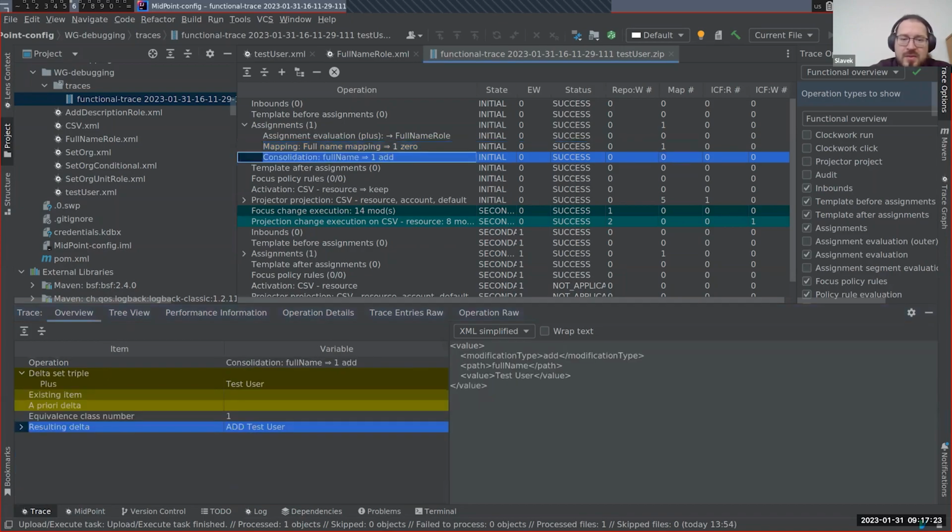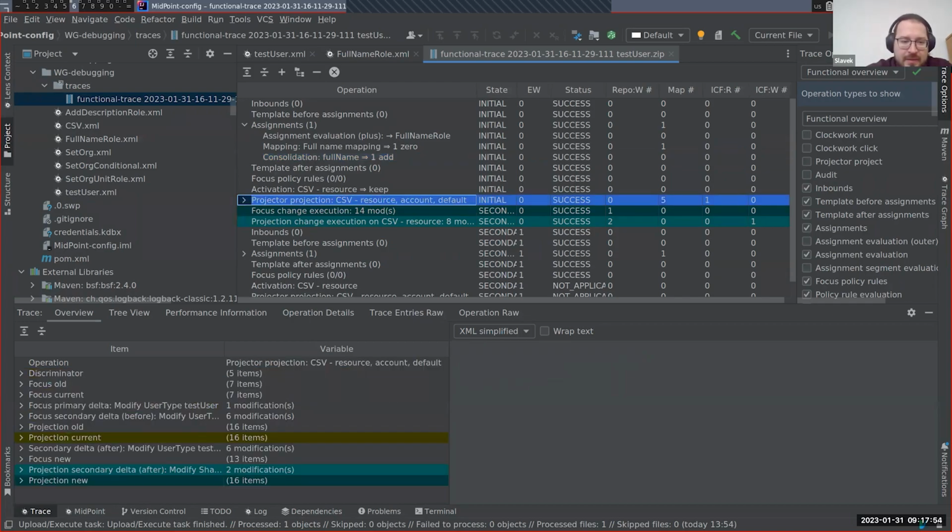And then there is a consolidation part, which might happen especially in multi-value attributes, because you can have values generated by multiple mappings, and this consolidation basically will combine all of them together. I will get to a better example later. So with this trace, I know that my mapping, full name mapping, actually generated the value as I expected. Then all of the steps are more or less empty. And there I have the